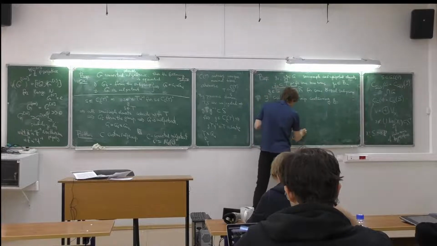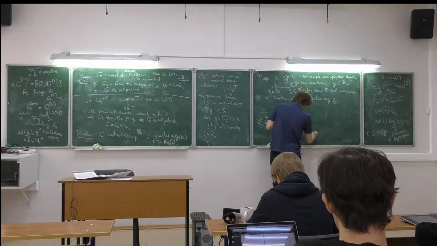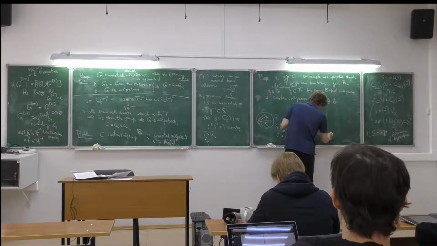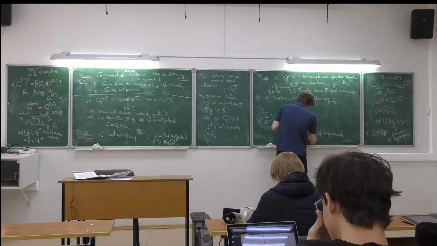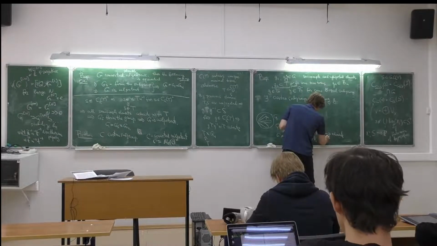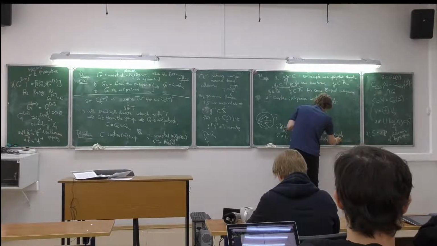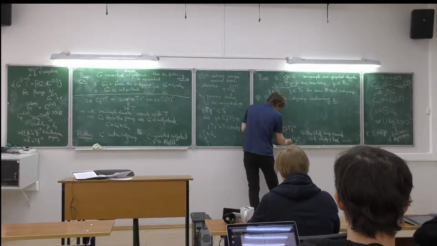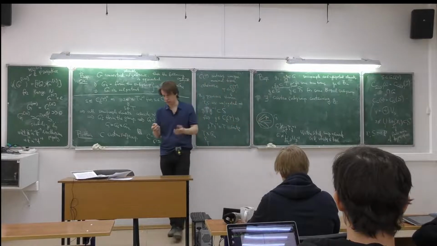So U is the radical, the set of unipotent elements of B, which is a Borel subgroup. But in the same time, if you take the Cartan subgroups, which has the property that